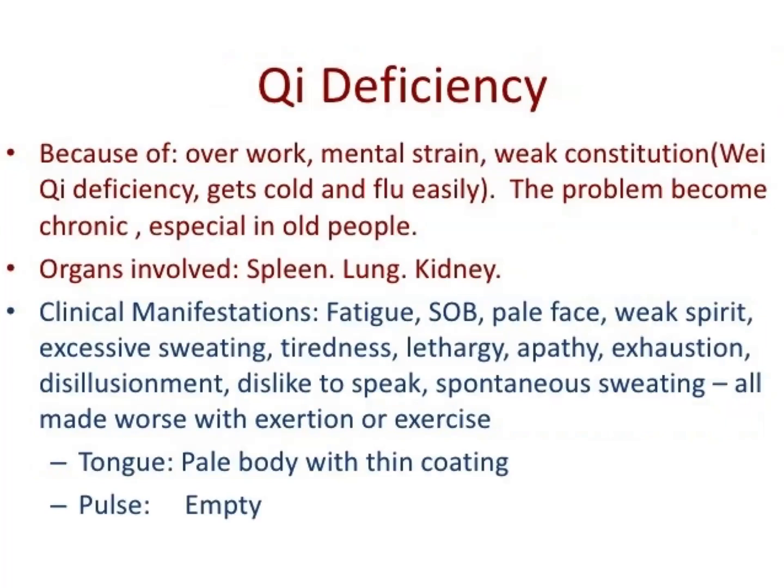In qi deficiency, because of overwork, mental strain, weak constitution, or weight deficiency, we often get colds or flu easily. The problem becomes chronic, especially in old people. Organs involved are usually the spleen, the lung, and the kidney. Clinical manifestations for qi deficiency: